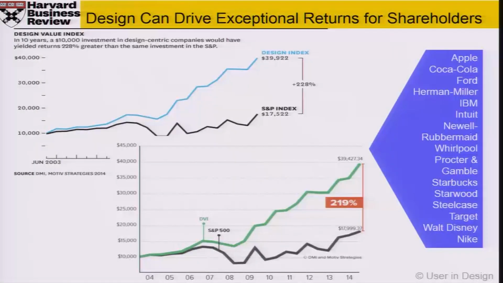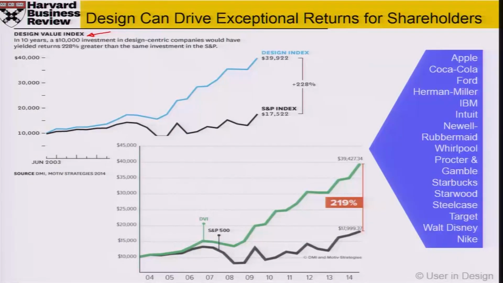In fact, a company called Motive Strategies, working along with a design institute, Luma Institute, has gauged something called the design value index, a term based on the overall sentiment within a company about how design friendly a company could be. They have identified close to 15 companies where the major returns come back to the company, or the way the product line changes, based on the user experience design aspect of the products.